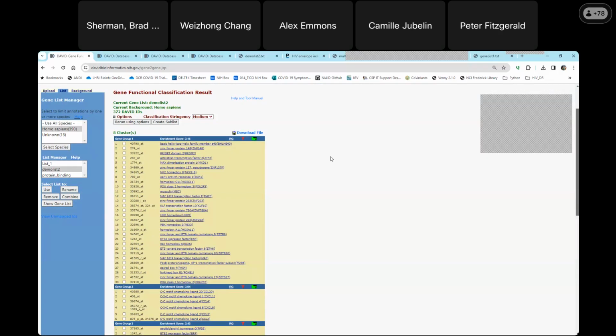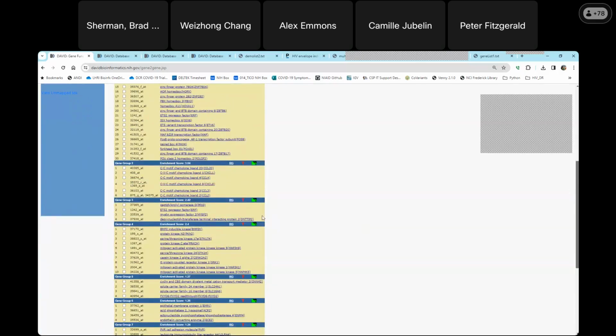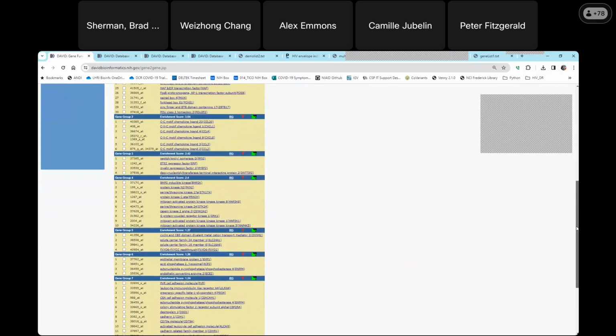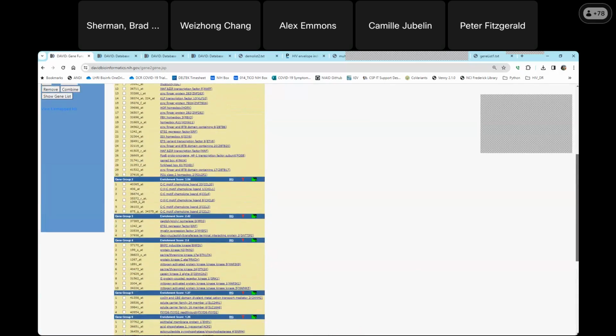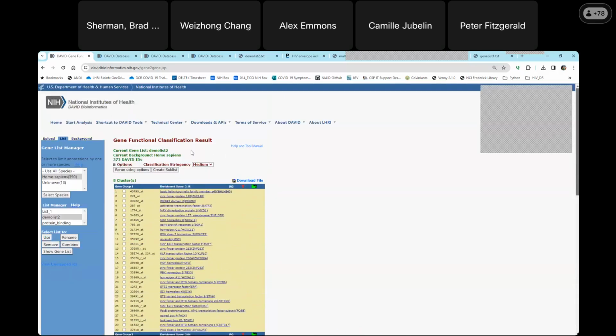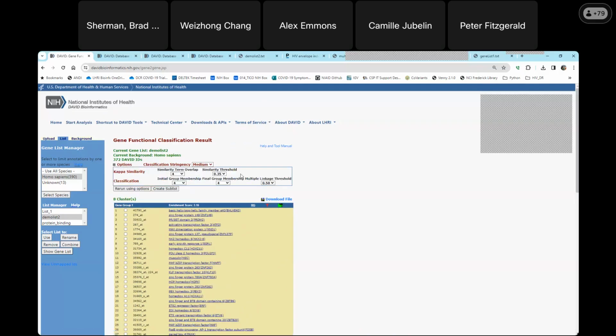So they're participating in very similar biological processes and functions. So that's what I'm seeing here. Again, not surprisingly, my first cluster of genes are a bunch of transcription factors. I can see some chemokines here. There are some kinases here. So this is really what my list is about. The demo list too. All the same similar types of options that you have here to control the similarity score,